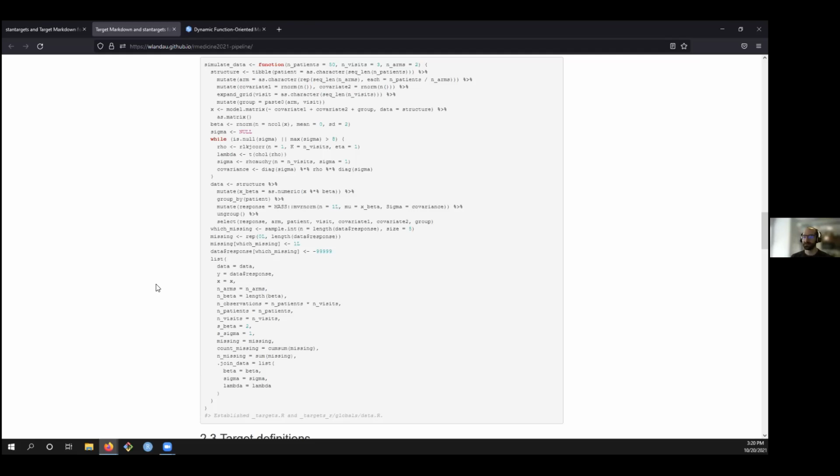And that's, for most situations, I recommend creating functions outside of a target and then calling those within each target. And Miles McBain has a nice package called fnmate to more easily work with functions for pipelines for this purpose. This simulate data function is quite large and complicated. I kind of wanted to work with it, interact with it, and test it outside a pipeline. It's much easier to do it that way. And so this made sense to have as a function.